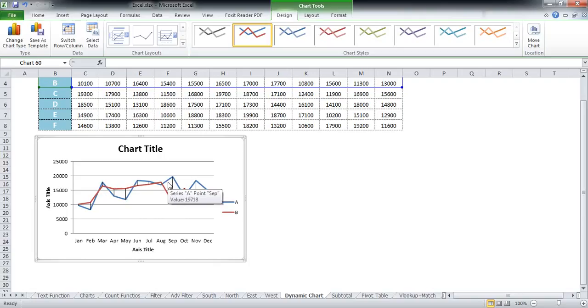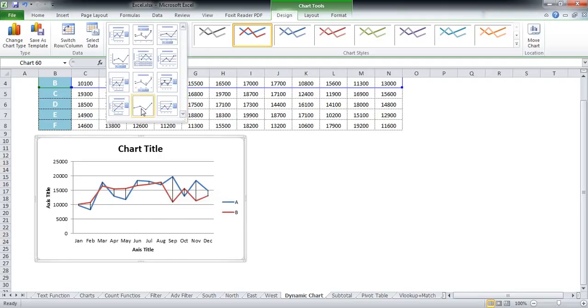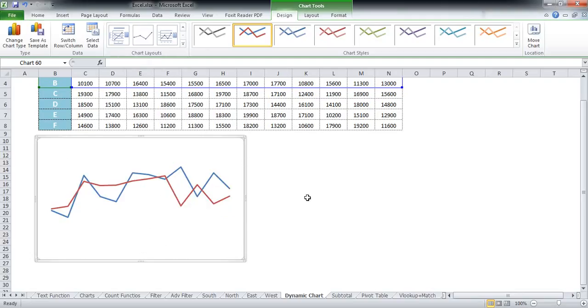Now this holds tremendous insight for managers when they want to predict the sales and the demand values for their products across the year. So after this, let's move on to the layout 11. The layout 11 is a completely blank layout, and there is absolutely nothing in this whole layout except for the series itself. So if you really want just the movement of sales of the two products across the year, you can go for this layout.